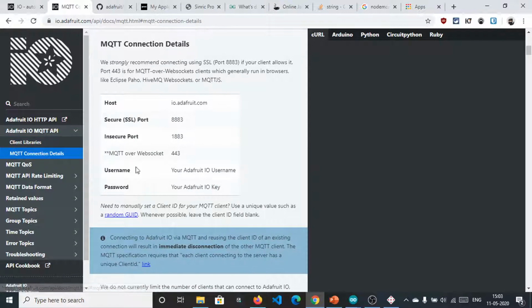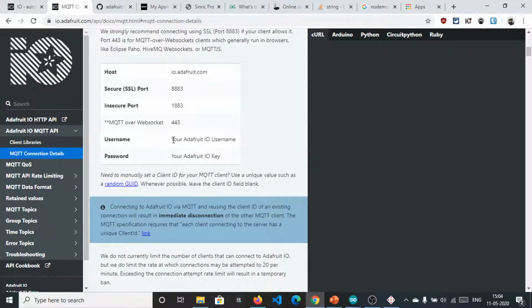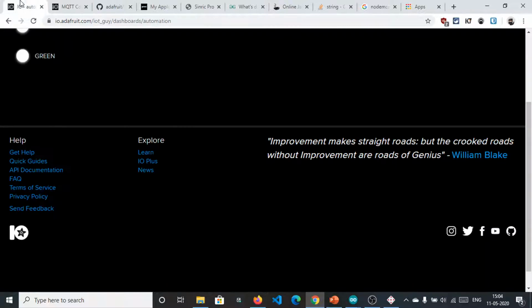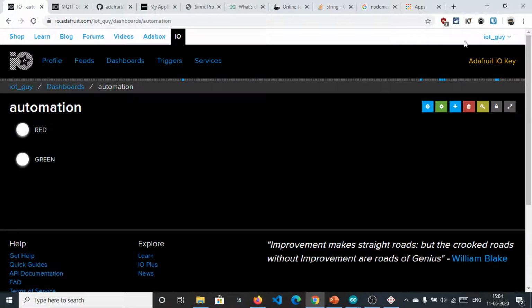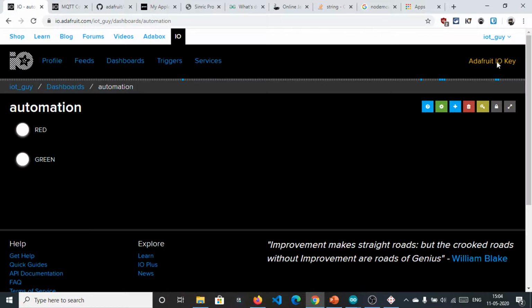If you open it and click on MQTT connection details, you will get the host information, the 1883 port, and the username and password. The username will be the same name which you signed up for this platform. In my case it is IoT_guy, and in the password field you need to put the Adafruit AIO key, basically the IO key.